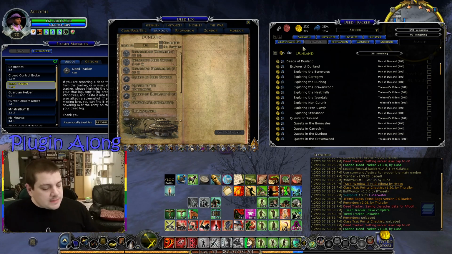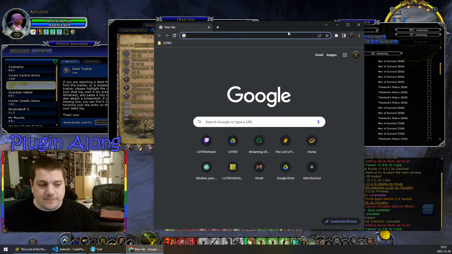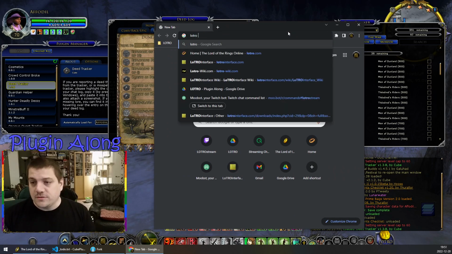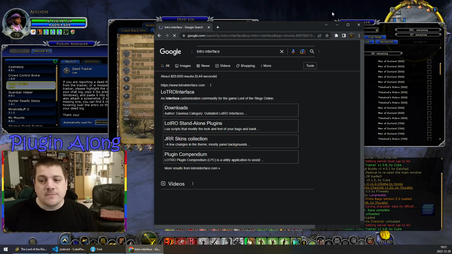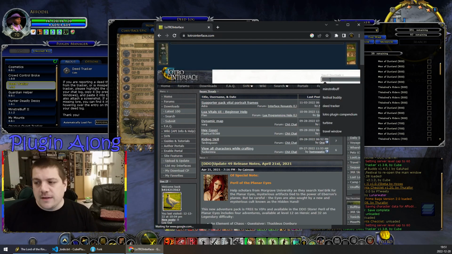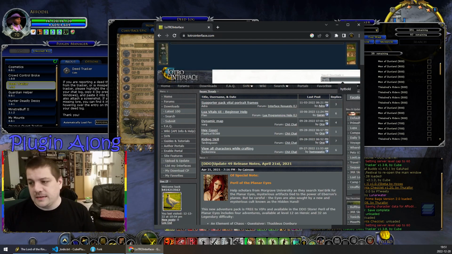But the deed tracker is very much built on the bones of someone else's plugin. The Hidbold plugin from, I want to say, Galahad. And let's go ahead and pull that up here, just in case you're interested in rebuilding Hidbold. LOTRO interface.com. If we come and search for Hidbold,